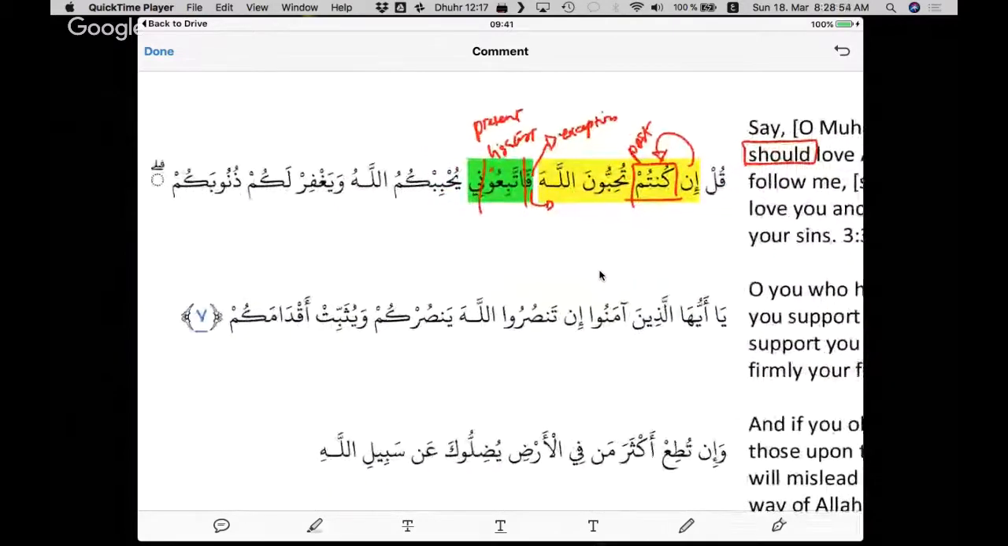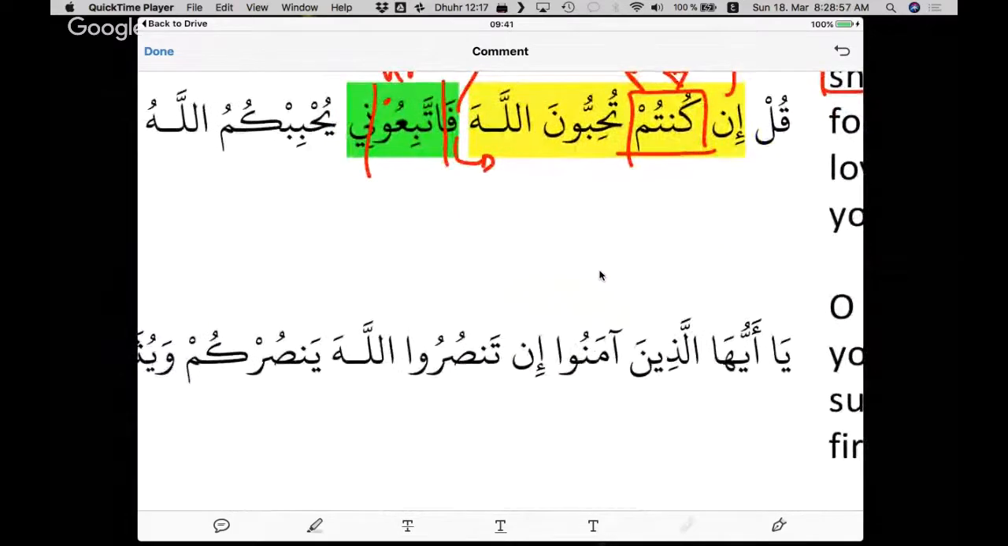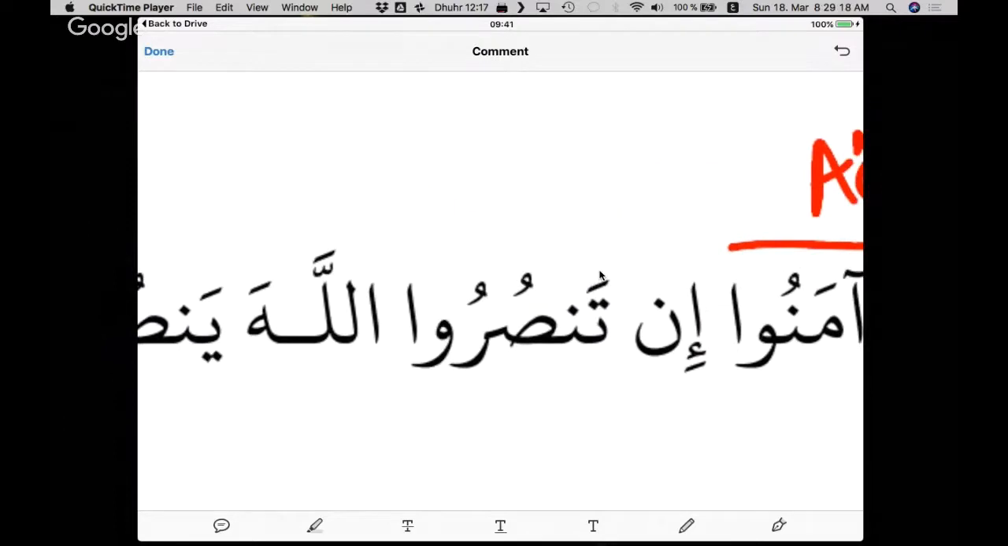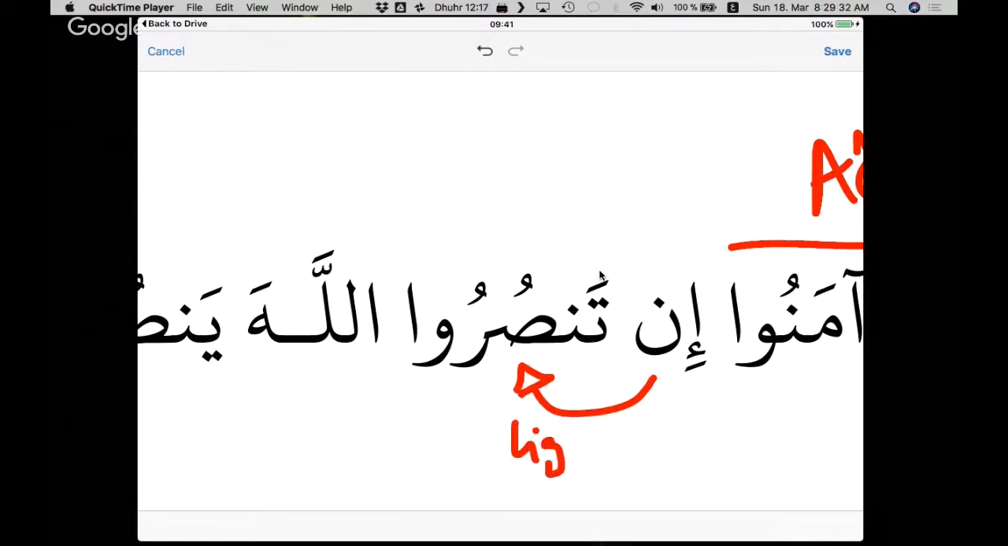Okay, let's look at another example. Ya ayyuhallazina amanu. This is munada. This is just addressing people, the believers. Ya ayyuhallazina amanu. In tansuru. Look at this word. Now you know in, and you also know tansuruna is the full form of this fi'l. Because of this in, tansuruna is becoming lightest. So if you all help, support,